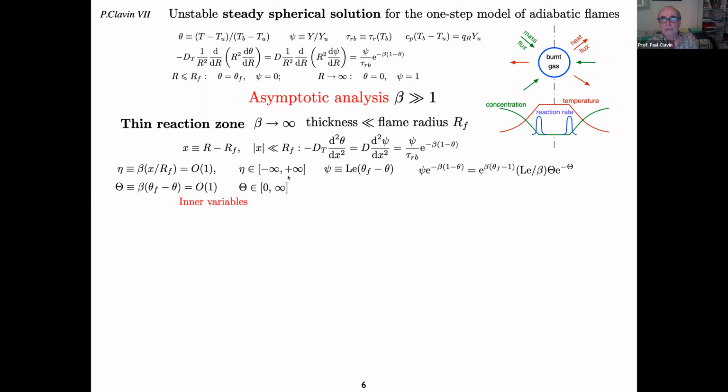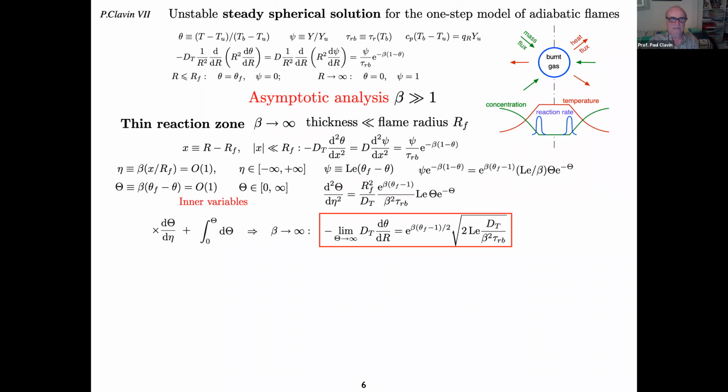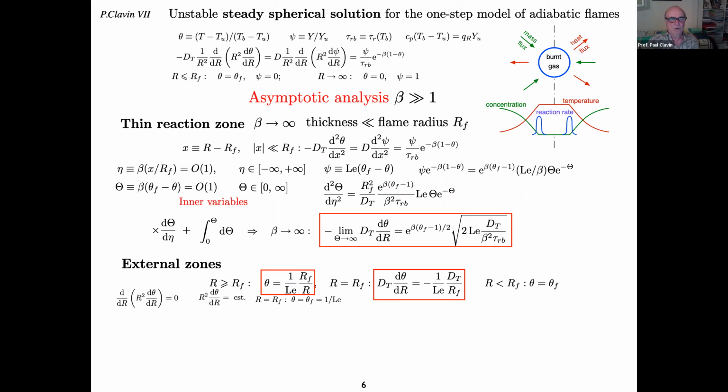So, okay, now here is the equation that you have to solve. That's all. It's a similar equation as you already solved for the planar case, and using the same argument that we have used previously, you obtain here the heat flux, the reduced form, which is